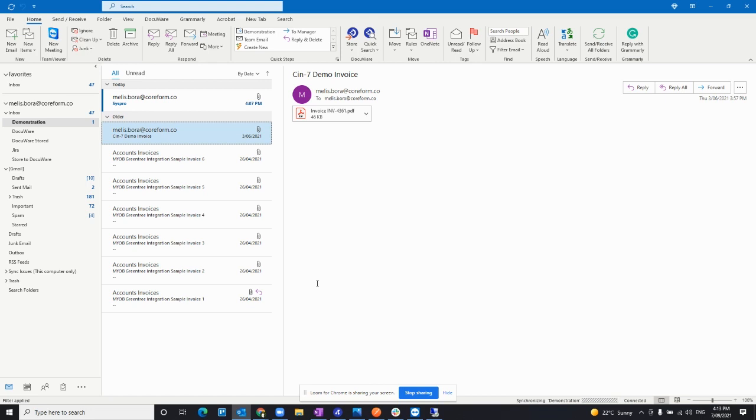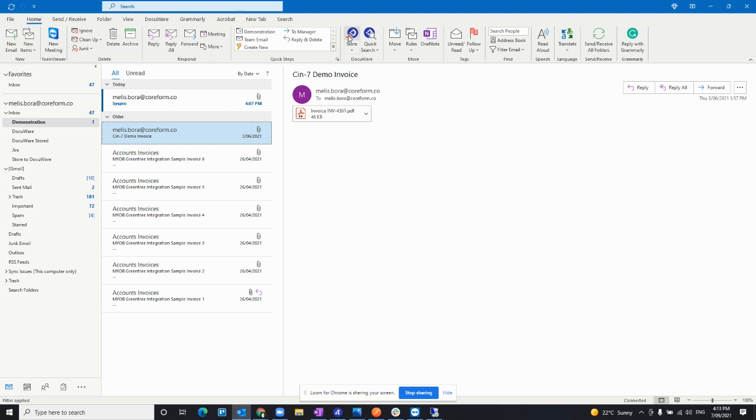without any human interaction. But for this demonstration, we will be using this little Docuware connection button sitting on my personal email box. As I don't want to capture all the incoming emails from my email box, I will be using this manual Outlook integration. Docuware is fully integrated into Outlook, so by clicking on this little blue button, I can capture the selected email